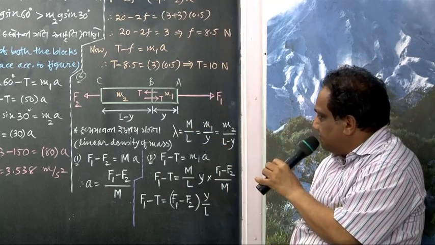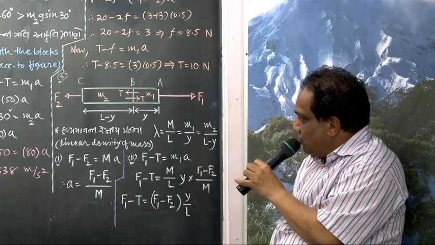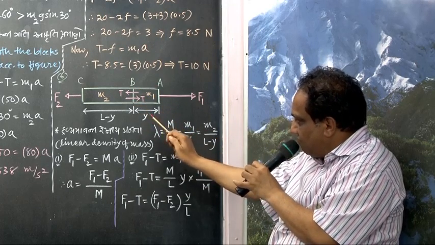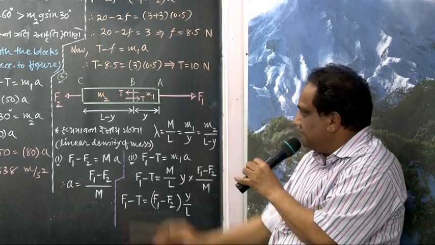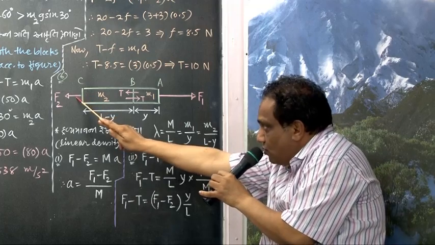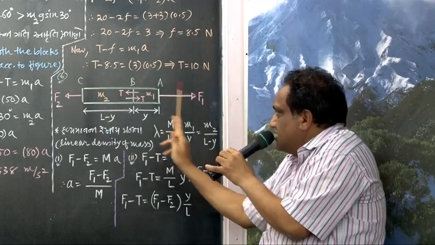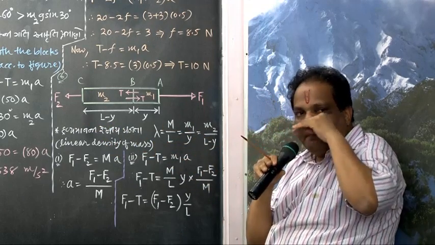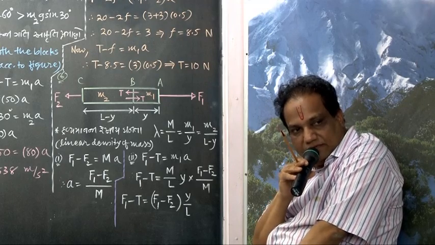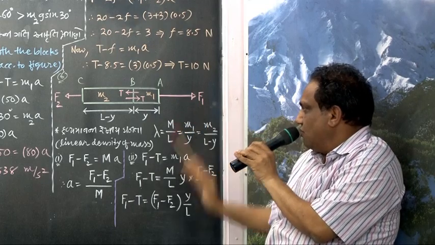Now tell me, we are asked to find the force due to tension produced at this cross section, which is at distance y from the right end. How to find that? I have shown this arrow shorter, because in the statement you are given F2 less than F1. So F1 is greater than F2. That's why I am showing this force longer, with a longer arrow.